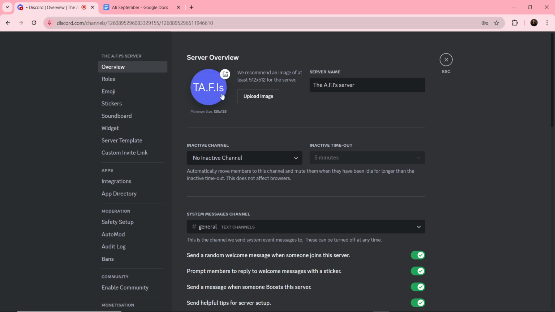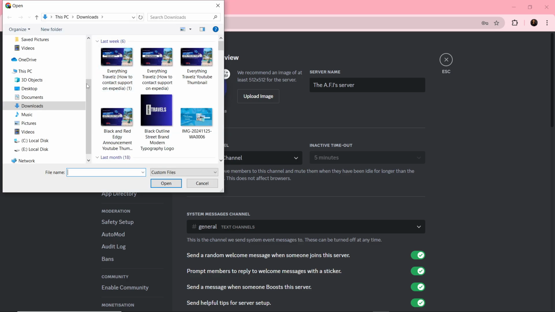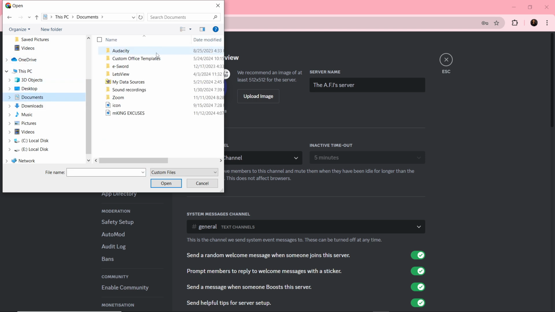So the next thing to do is to click on the current icon, and once you click on the current icon, go ahead and change it. So a file dialog box will open, which you have here. And in this dialog box, go ahead and select the image file you want to use as the new server